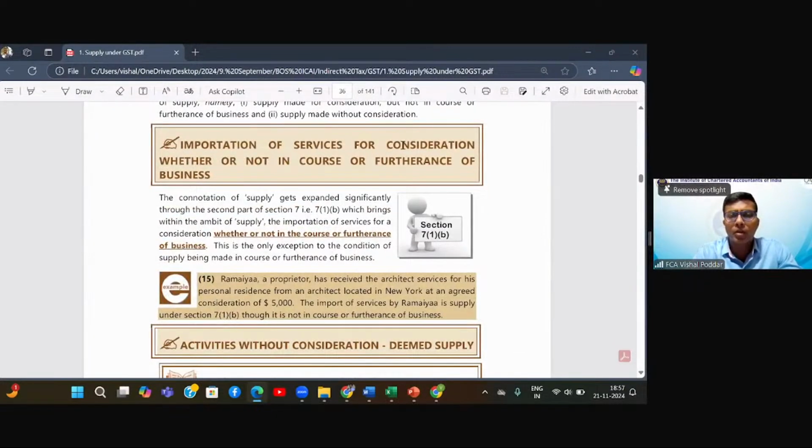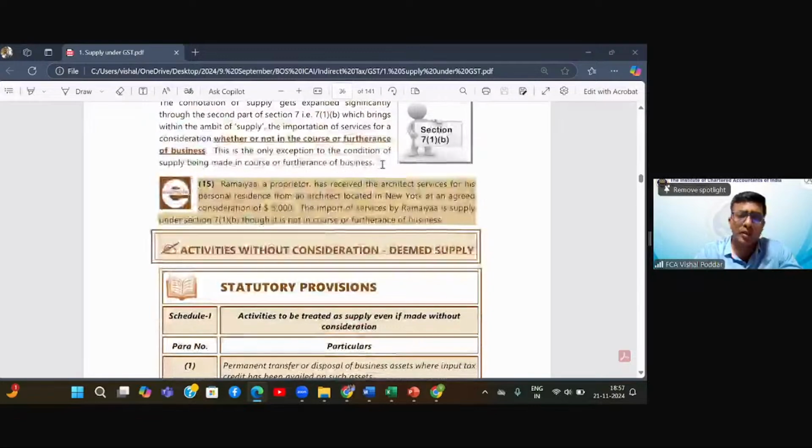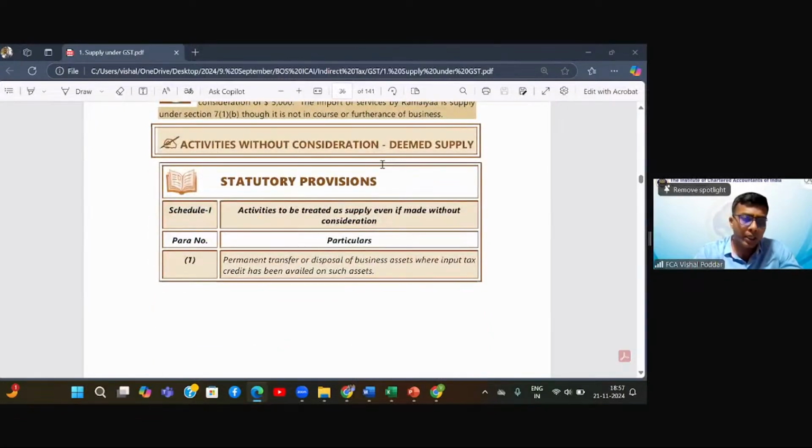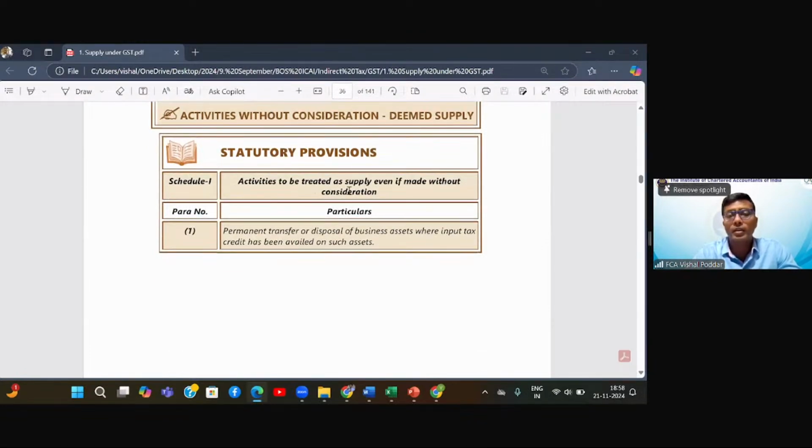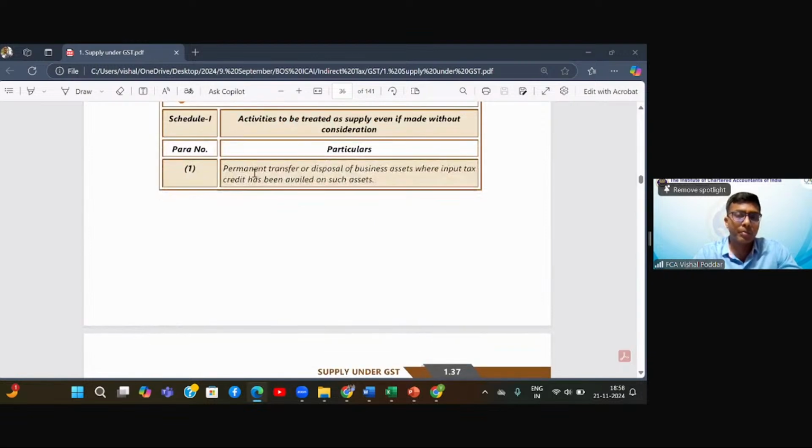देन द नेक्स्ट पॉइंट इज अबाउट इंपोर्ट ऑफ सर्विस, जहां पे आपने वो पर्सनल यूज के लिए भी लाया तो भी इट विल बी ट्रीटेड एज सप्लाई। दिस इज 7(1)(b)। देन इफ यू रिमेंबर, वी आल्सो डिस्कस द एंटायर शेड्यूल 1 इन डिटेल। सो शेड्यूल 1 में क्या था? एक्टिविटीज विच आर ट्रीटेड एज सप्लाई इवन इफ विदाउट कंसिडरेशन। अब इसमें पहला एंट्री था जहां पे आपने अपने कोई भी बिजनेस के एसेट्स फ्री में दे दिए, दान कर दिए,